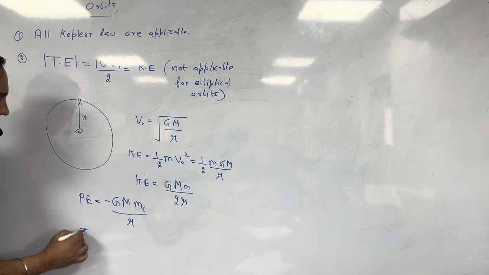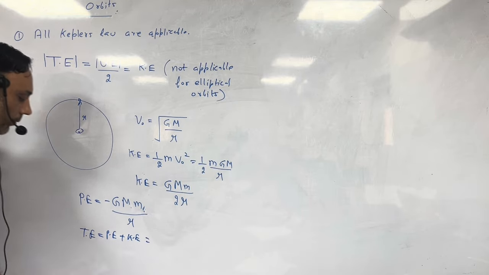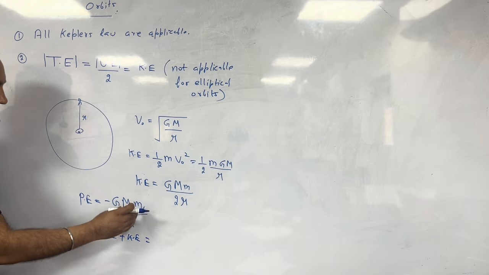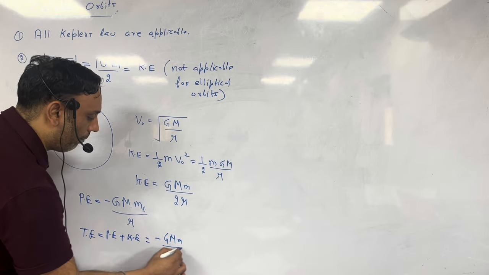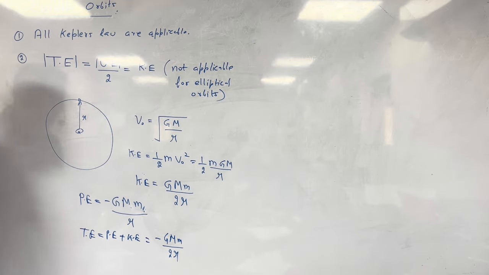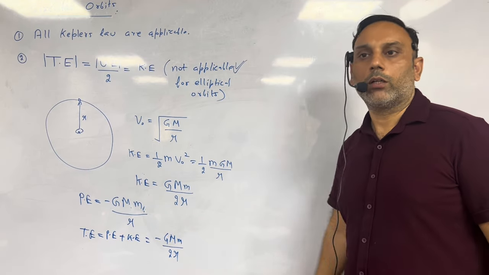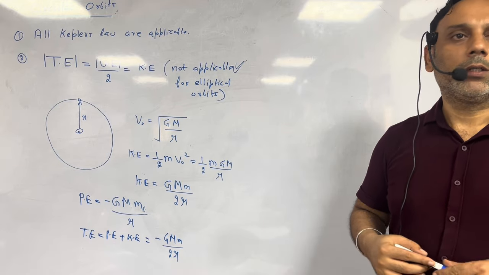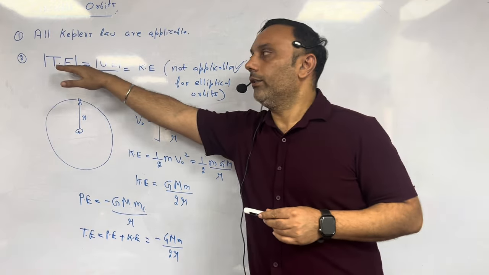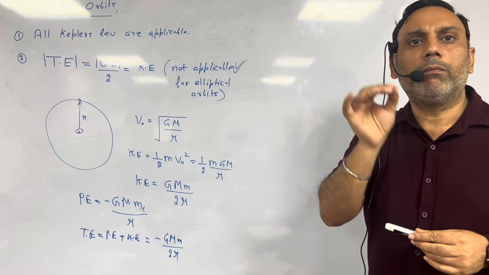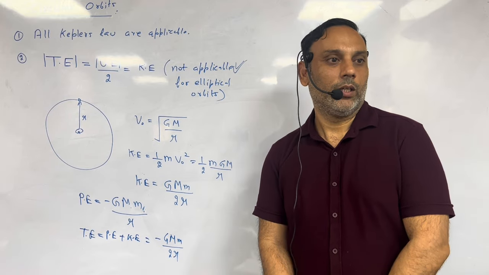Everything else is the same. Now total energy is potential energy plus kinetic energy. So substituting potential energy and kinetic energy, what you will get is minus G M small m by 2r. So that is the total energy, an additional relation that we can use for circular orbits. Whenever any circular orbit is given, first of all, whatever you have learned in Kepler's law, you can apply. And second, this relation you can use. If any one form of energy is given, it means everything is given. Understood, beta?